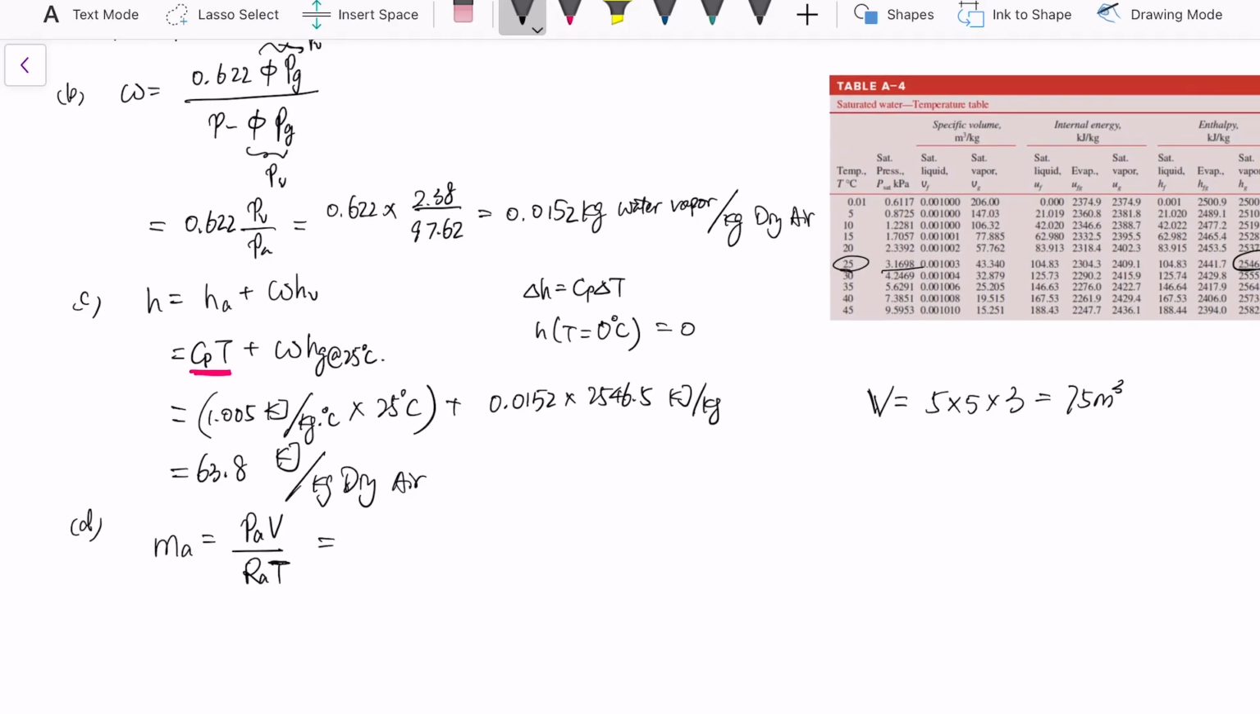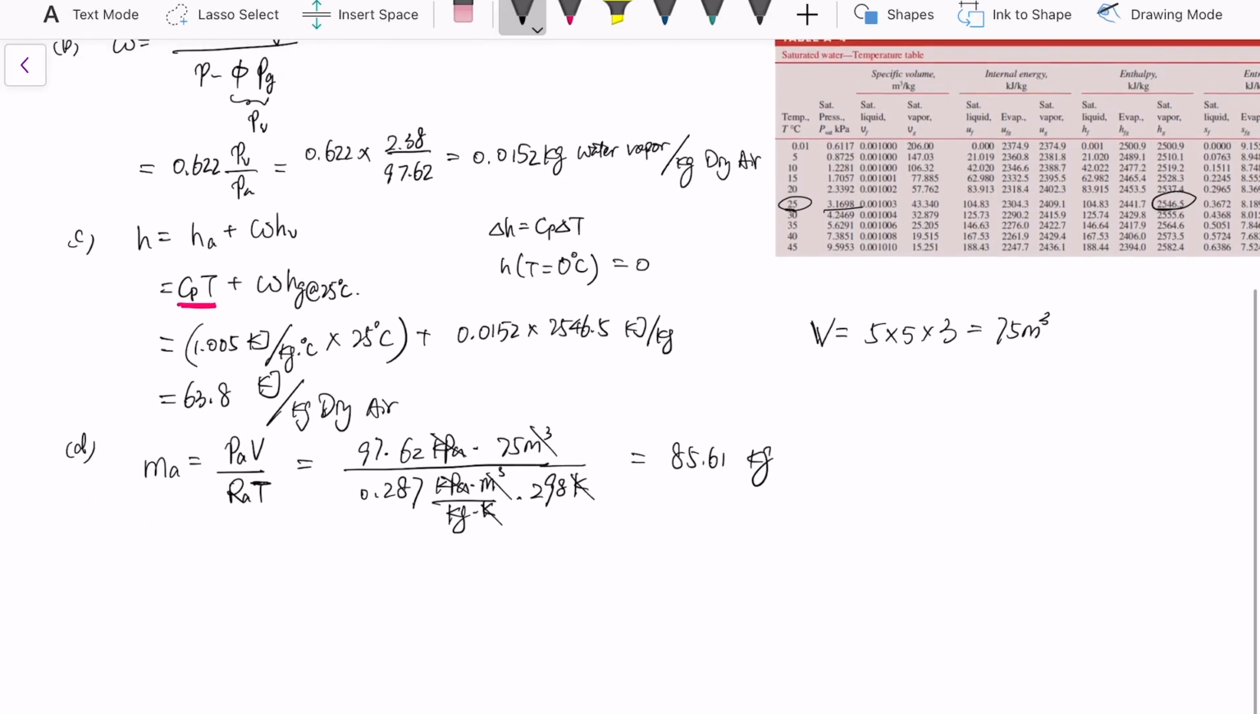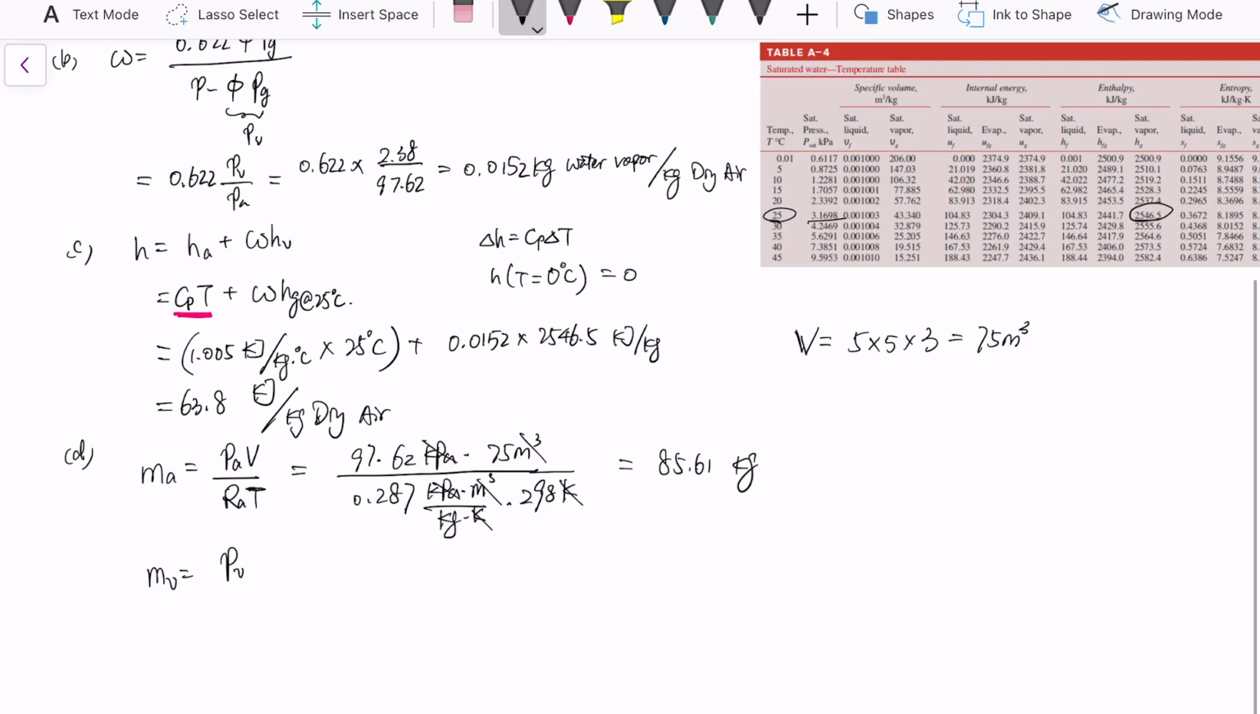So PA we already calculated, plug in 97.62 kilopascal, 75 meter cube. R is 0.287 for dry air, kilopascal meter cube per kilogram per Kelvin times 298. Notice here this is the ideal gas law. Temperature, you gotta use the absolute temperature in this case. Unit all got canceled. You're left with kilograms, so 85.61 kilogram. You can do the same thing for MV, which is PV times total volume